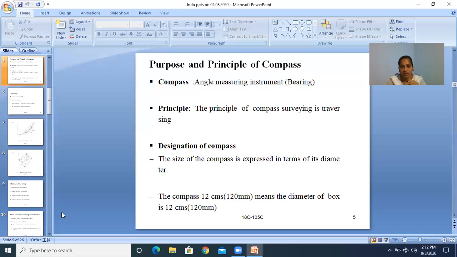When the surveying is to be done in a dense forest, though we have the obstacles methods, all those things, we cannot find the correct area or correct length. So if the area to be surveyed is covered with a dense forest, then we can simply use this compass surveying, and we can measure the area.